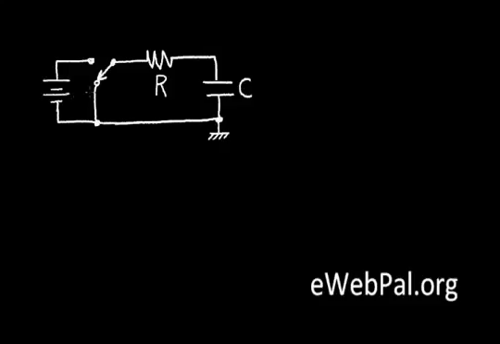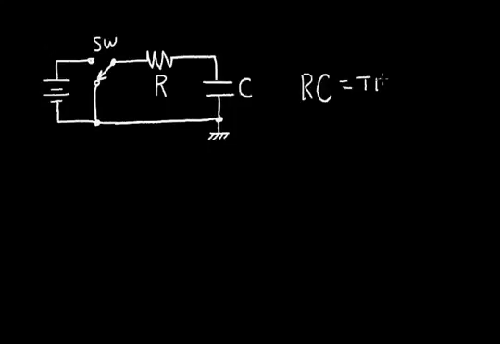Let's examine one of the simplest and one of the most important RC circuits. Here I have a resistor connected to a capacitor with the bottom plate of the capacitor grounded. In fact, the resistance of this circuit times the capacitance of this circuit is called the time constant. And this is a certain amount of fixed time. The resistance is constant, the capacitance is constant. We end up with a fixed time constant. So let's